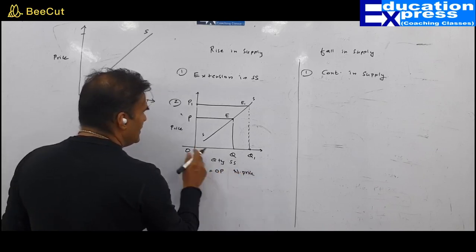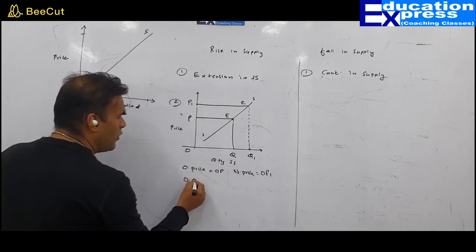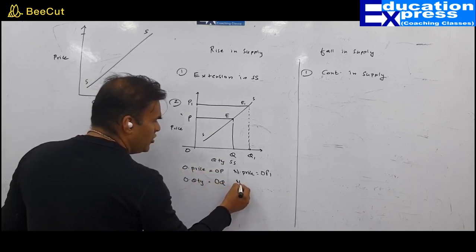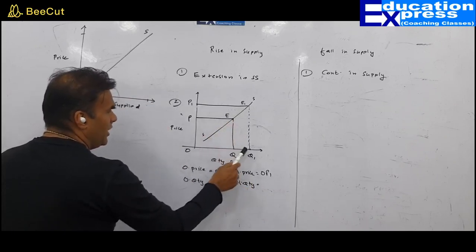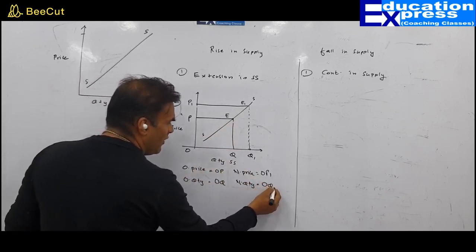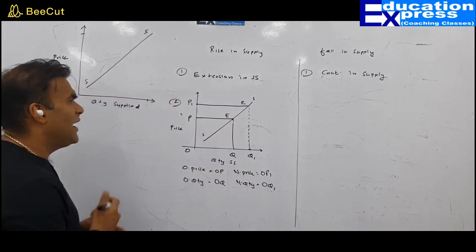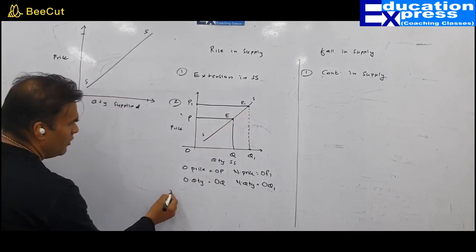So new price is OP1. Very good. What is the original quantity offered for sale? OQ. What is the new quantity that we will offer for sale? So new quantity would be OQ1. Now you can make up your mind and say, yes sir, I agree with you. That means, sir, I would conclude that